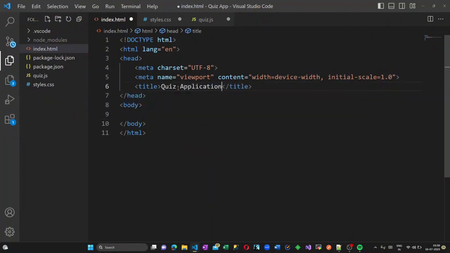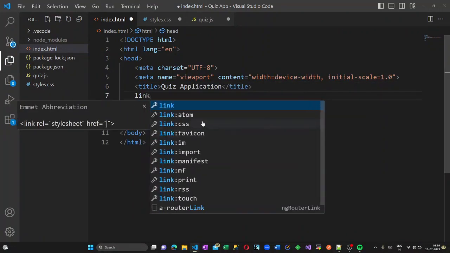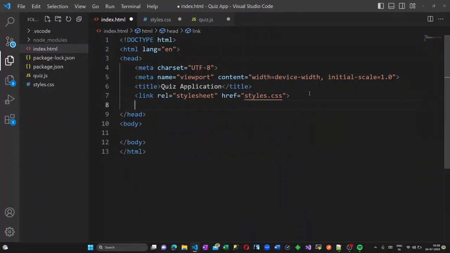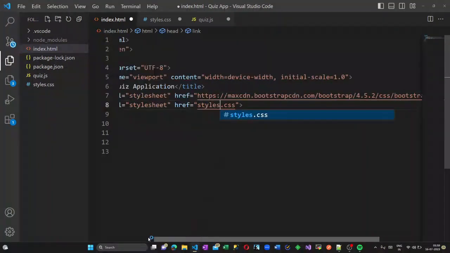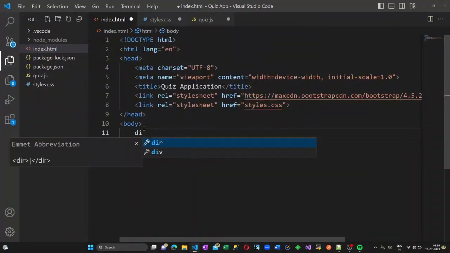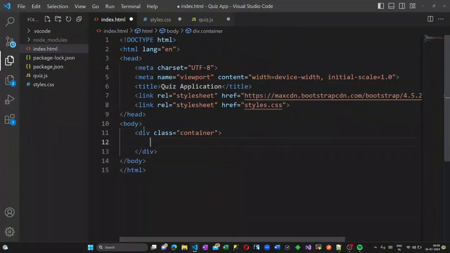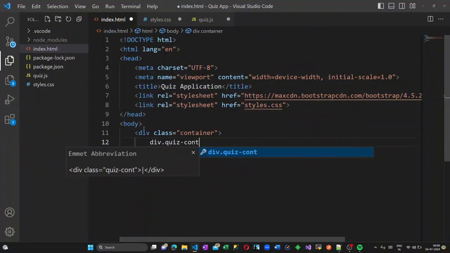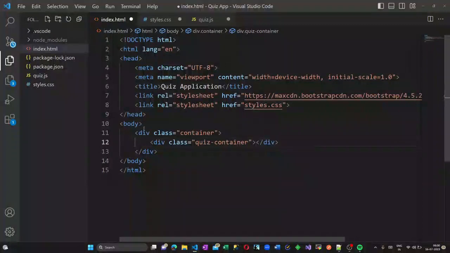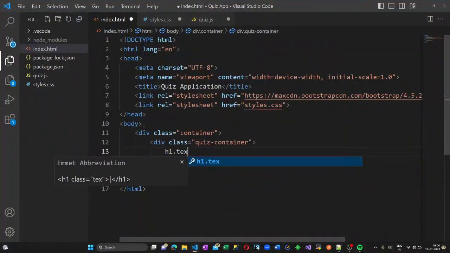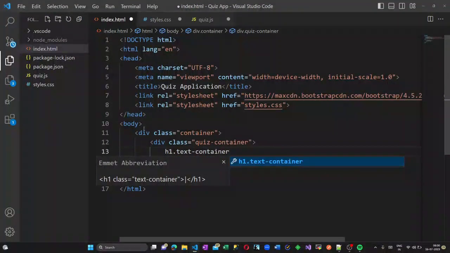As you can see on the screen, there are three files which I have created. One is an HTML, another is a CSS, and another is a quiz.js file, that is a JavaScript file. Now I'm linking my CSS and JavaScript, and I am also adding a Bootstrap CDN to this. So we are using Bootstrap to style our UI here. So in the HTML file,